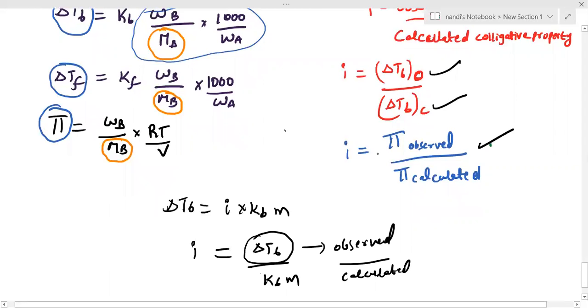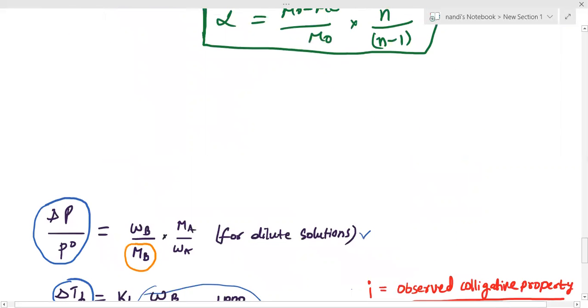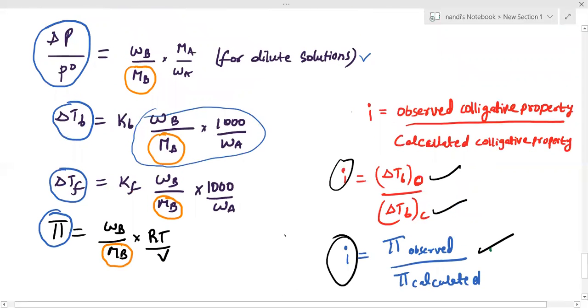In problems, they ask by giving the observed value and the calculated value; then you substitute into the formula and you can get the Van't Hoff factor. So what is the use of all these colligative properties? Why do we need to study them? Mostly, the use is to calculate unknown solute molecular weights by using colligative property. So you can calculate biomolecule molecular weights as well as polymer molecular weights, and the molecular weights of unknown compounds and bulk molecules.